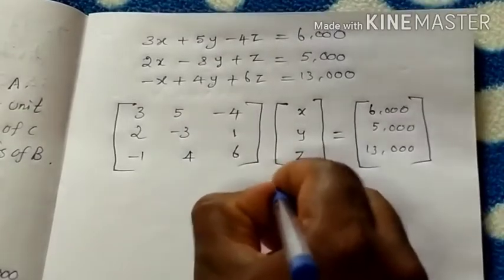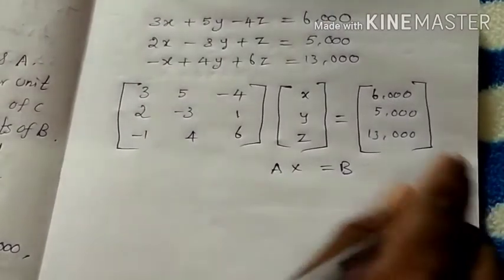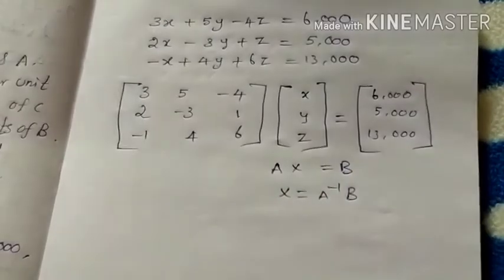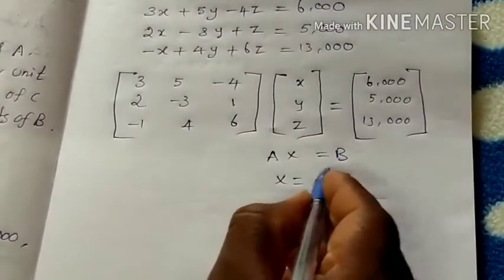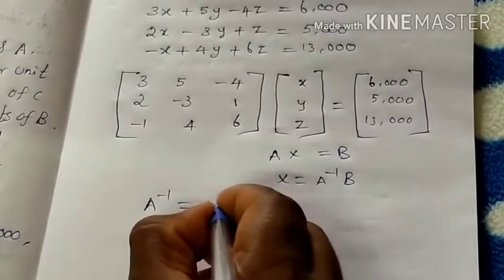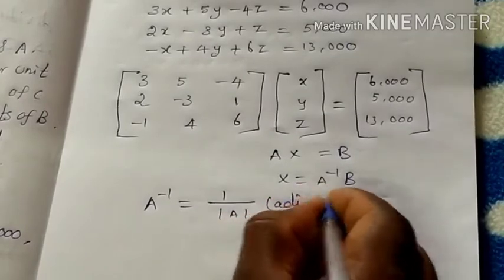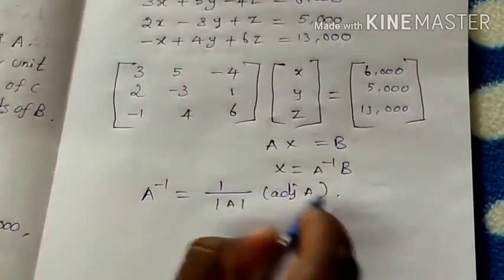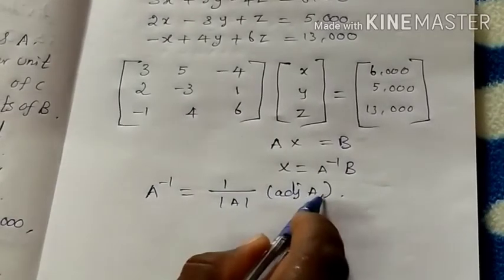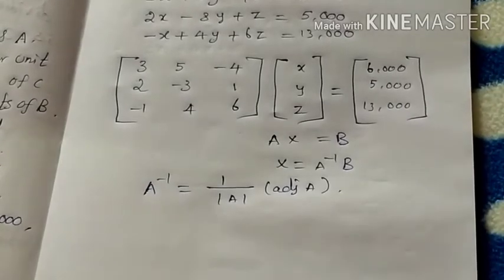Okay, now we get Ax = B, that is, matrix format. So x is equal to, what is the form? A inverse into B. So now first find the A inverse. What is the A inverse formula? Already known. This is 1 by determinant of A into adjoint A. Okay, this is the formula. So first find the determinant A, then find the adjoint A, then the product of the two values gives the inverse of A.